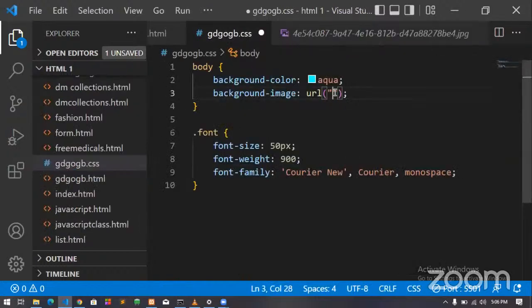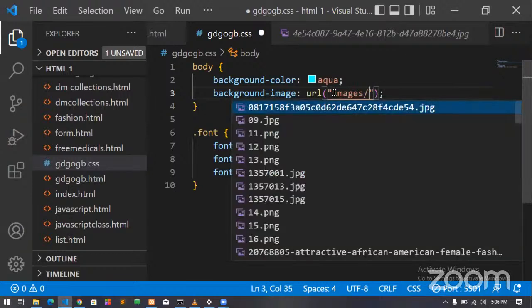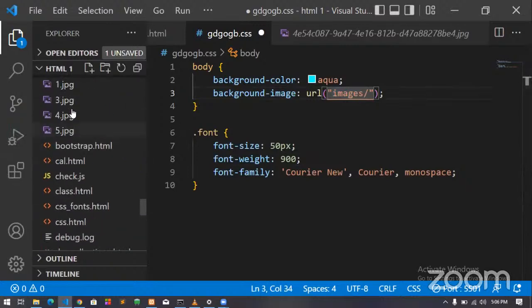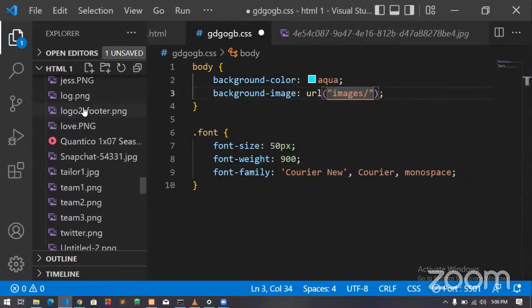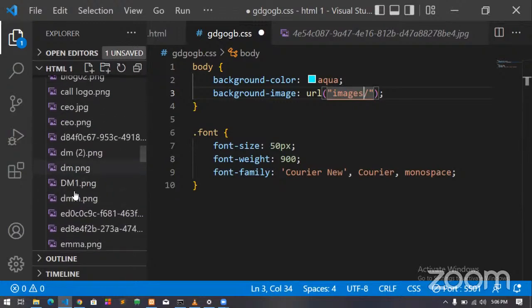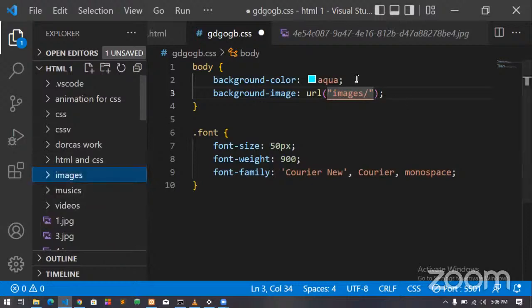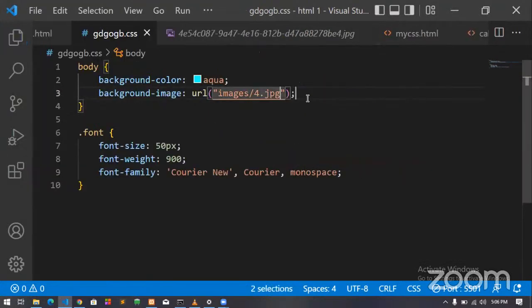If I want to bring in an image, I just go to a folder, because in my file structure my images are in a folder called images. So I'll say images, then slash the name of the image. Let me use 4.jpg. I don't really know what's in that picture, but let's see it out. So this is how you use the background image.